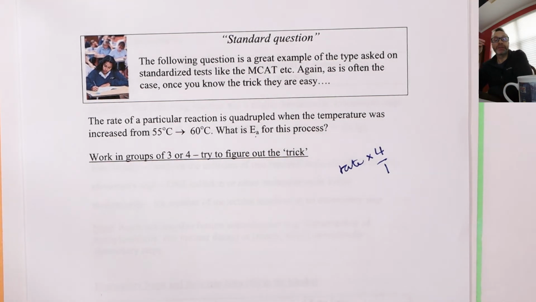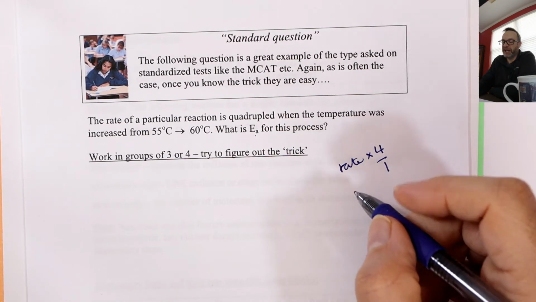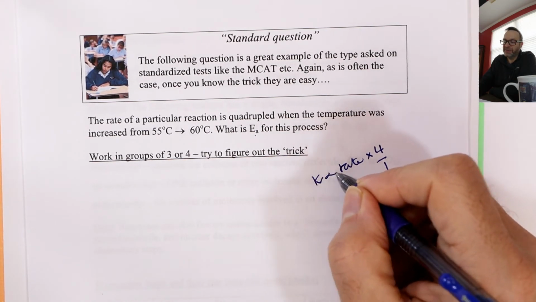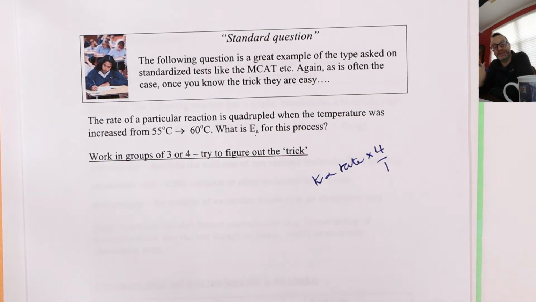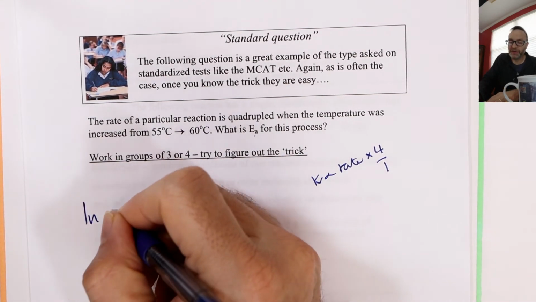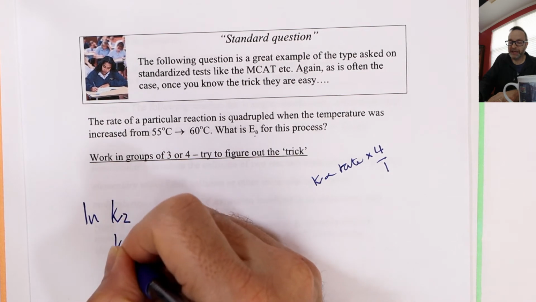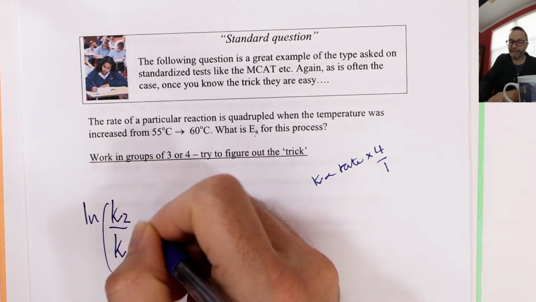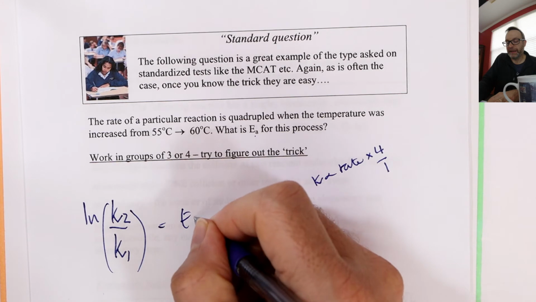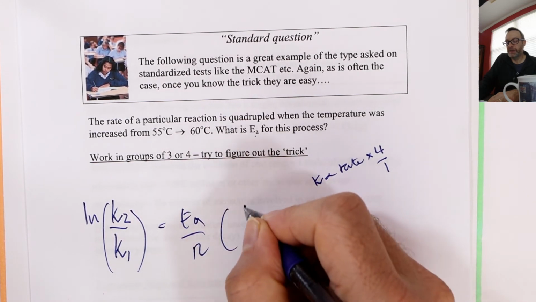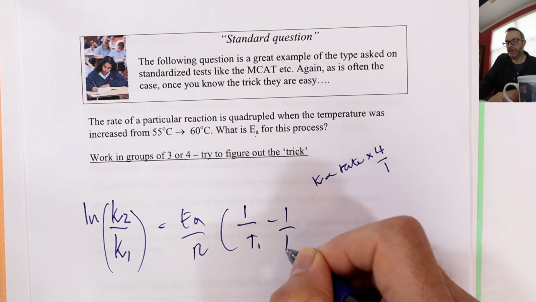Okay, so because the rate increased by a factor of 4, if it was 1 mole per litre per second before, it's now 4 moles per litre per second, or 2, or 8, doesn't matter, the units are irrelevant, it's just a factor of 4 bigger, right? Now rate, remember, is proportional to k, so this is the big trick, right? So, natural log of k2 over k1